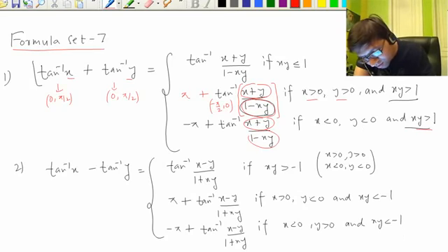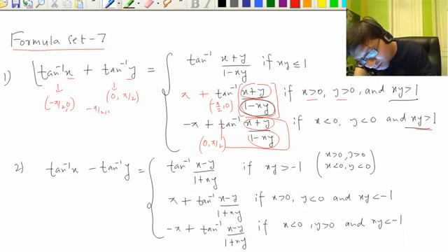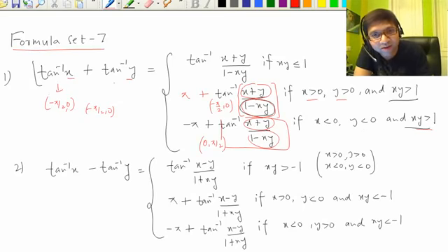So this angle is positive, right? That is, it lies between 0 and pi by 2. What about the left hand side? See, x is negative, y is negative. If you take tan inverse, it is a negative value. This lies between minus pi by 2 and 0. This also lies between minus pi by 2 and 0, and so their sum is negative. So left hand side is negative and right hand side is positive. We need to make the right hand side negative, right? We need to subtract pi from this.